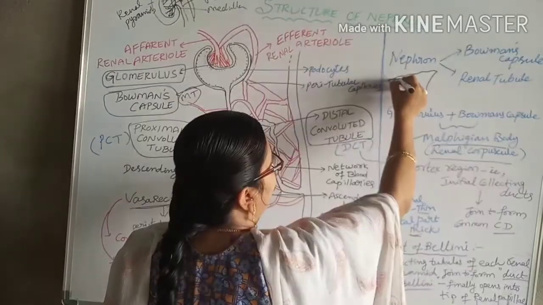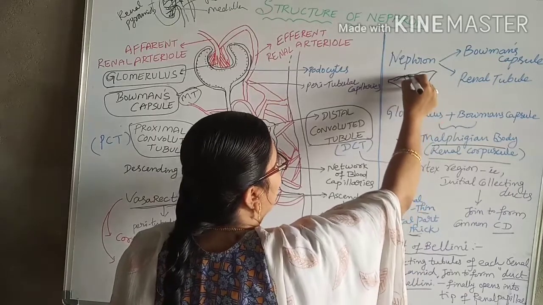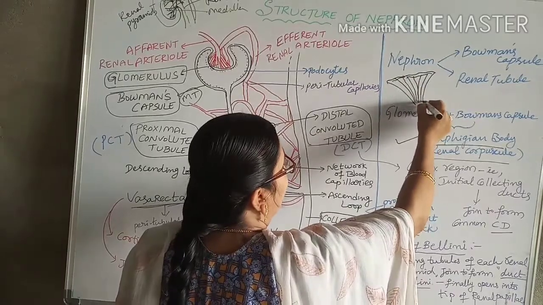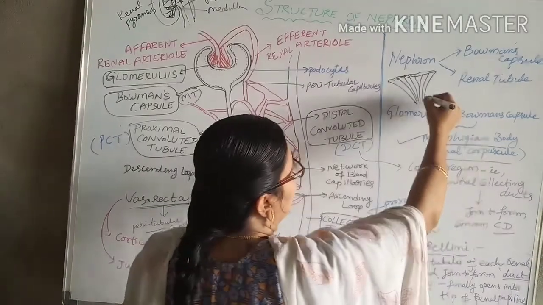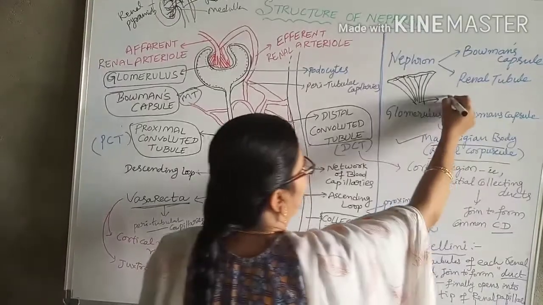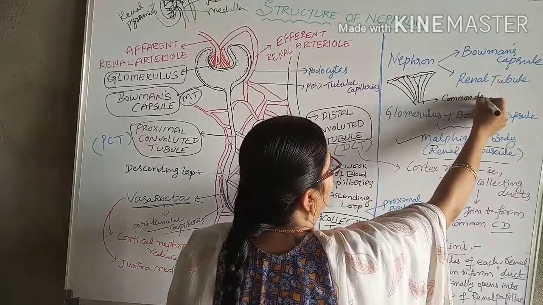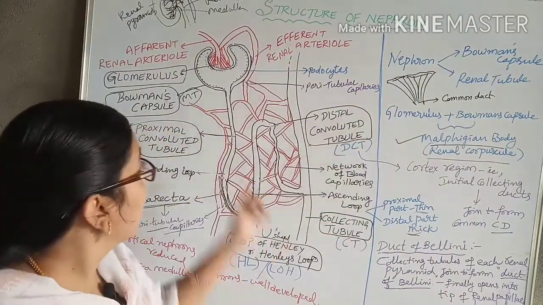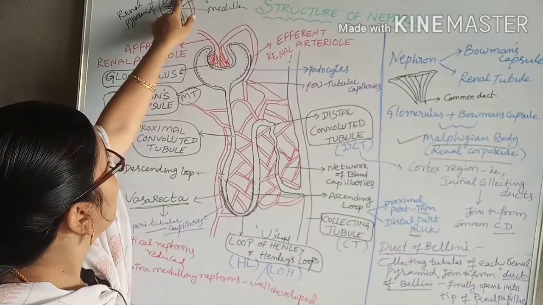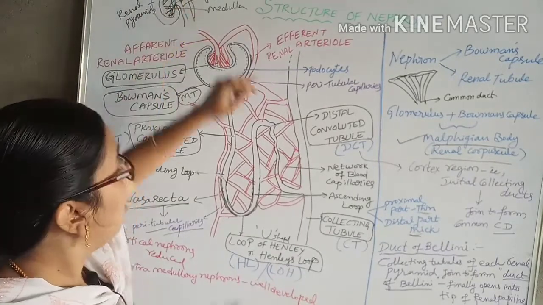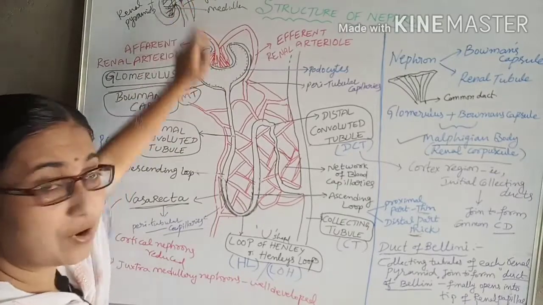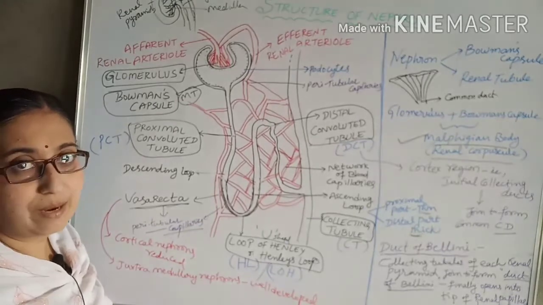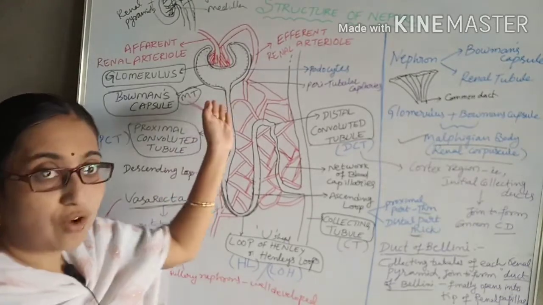Okay, the ducts of all the nephrons will get collected at a common duct, which is the common duct, and which will enter into the next part, that is the renal tubule. All the ducts will enter into the renal tubule. From there it will enter into the urethra. From the urethra it will enter into the urinary bladder. Okay, so that is about the structure of the nephron.